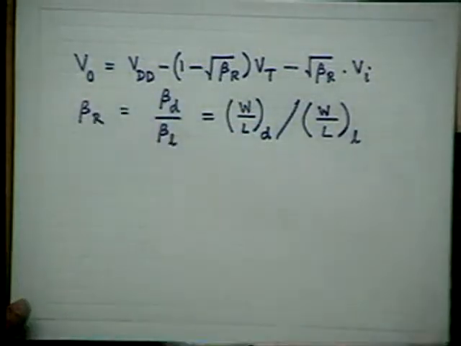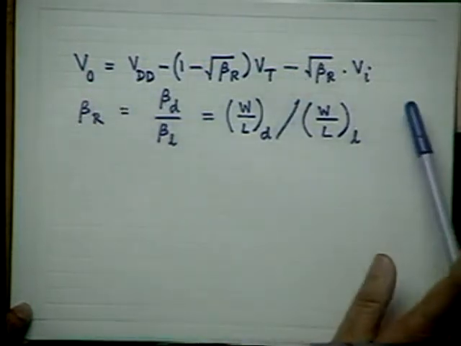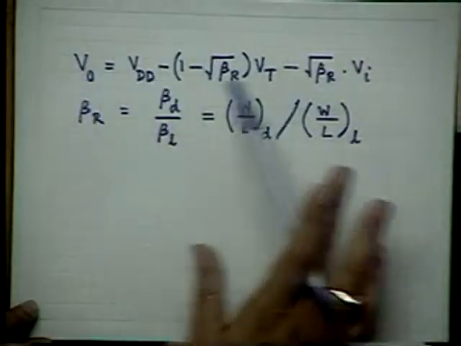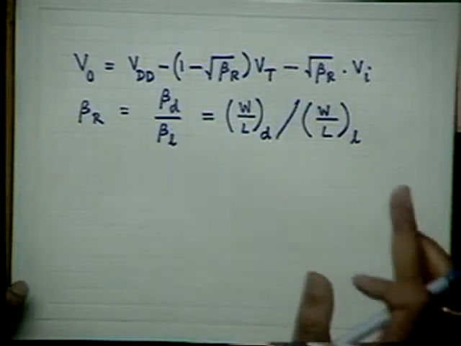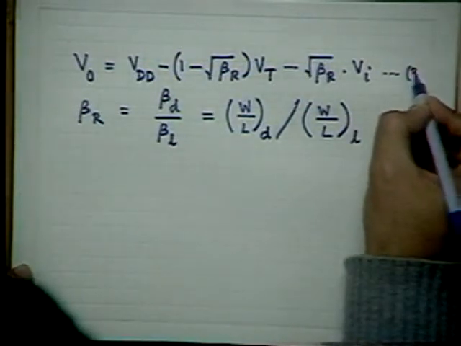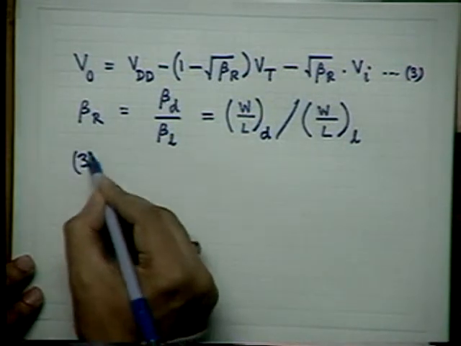And what you note is that when your output voltage is close to the high state voltage, the relationship between VO and VI is linear, and the corresponding gain involved is simply equal to minus root over beta R. That I am coming to afterward. So this equation, if I call it equation number 3, is valid